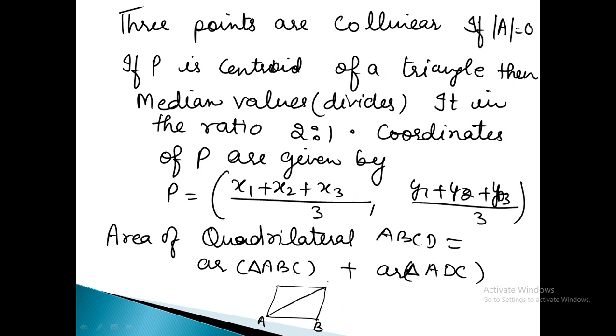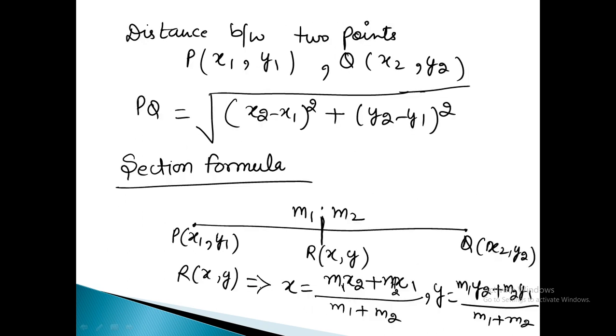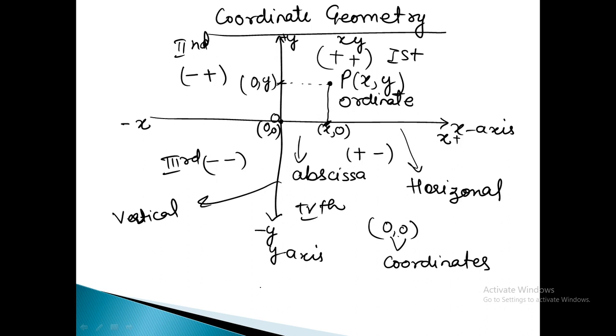A, B, C, D. These are the revision of chapter 1 to 5. Chapter 1 to 5 and 7th chapter, that is coordinate geometry. Now,